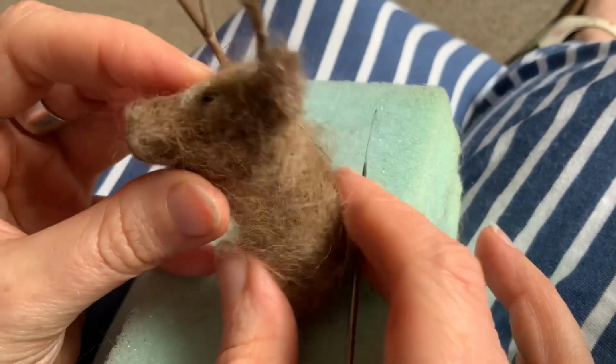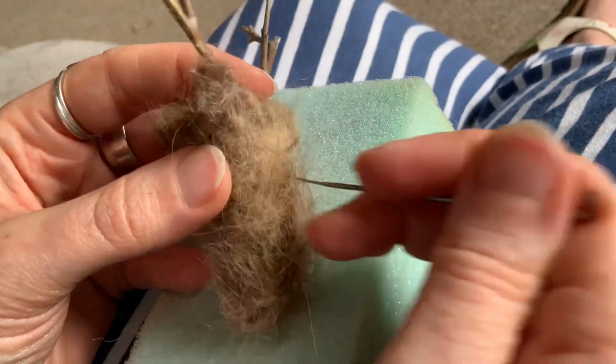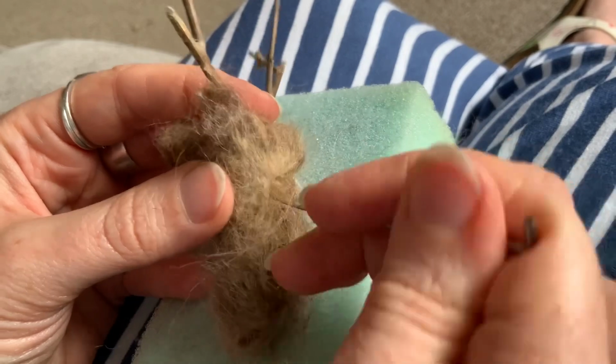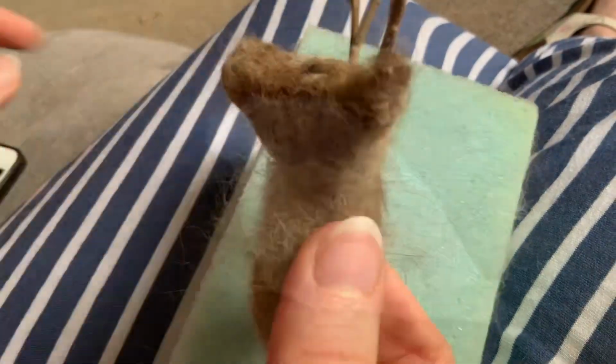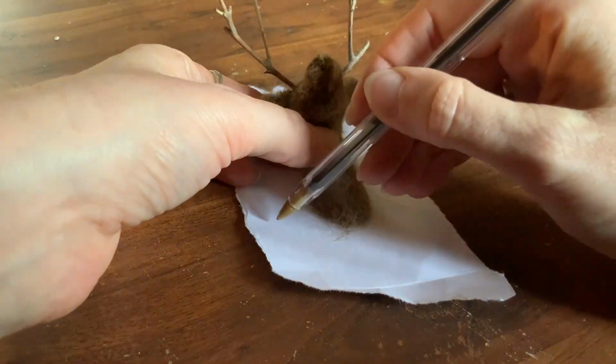Please be careful if you try needle felting. You should always have one of these foam blocks behind you, although I didn't in the first bit of this video, just because it was a very intricate bit, but I was being really careful as I was doing it. So I used needle felting to make my little deer head, and I've used 2 twigs from my olive branch